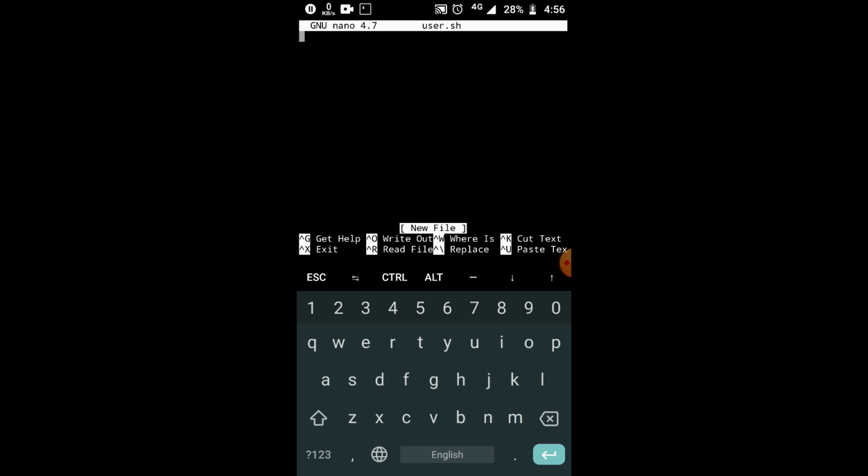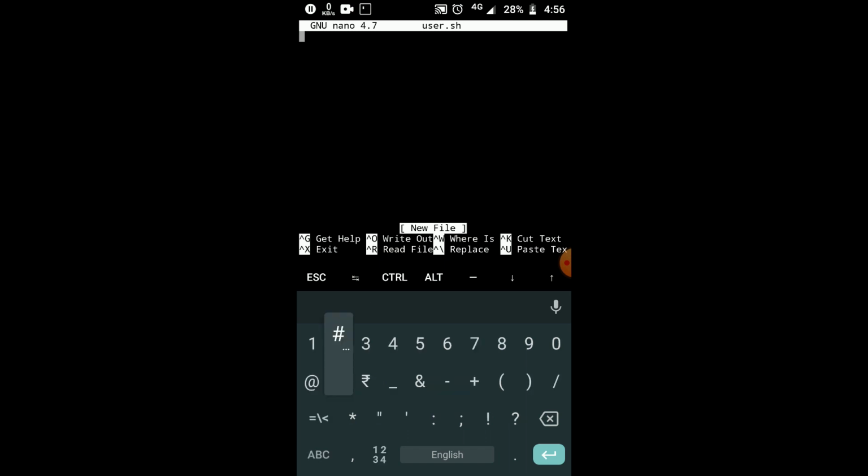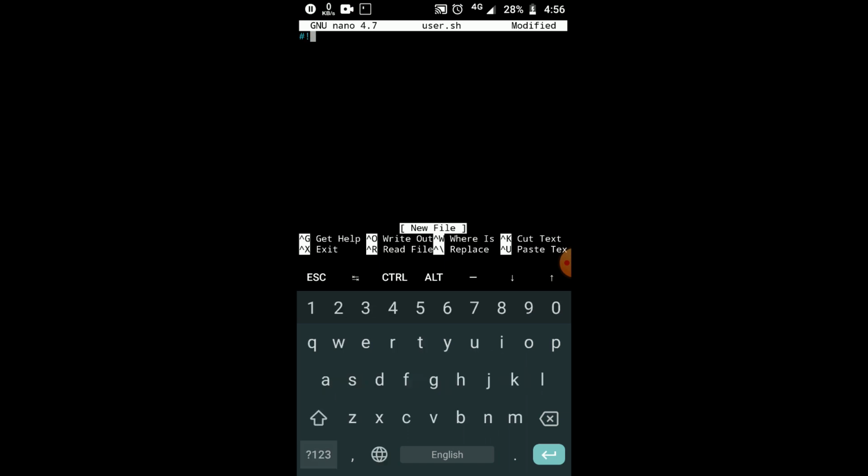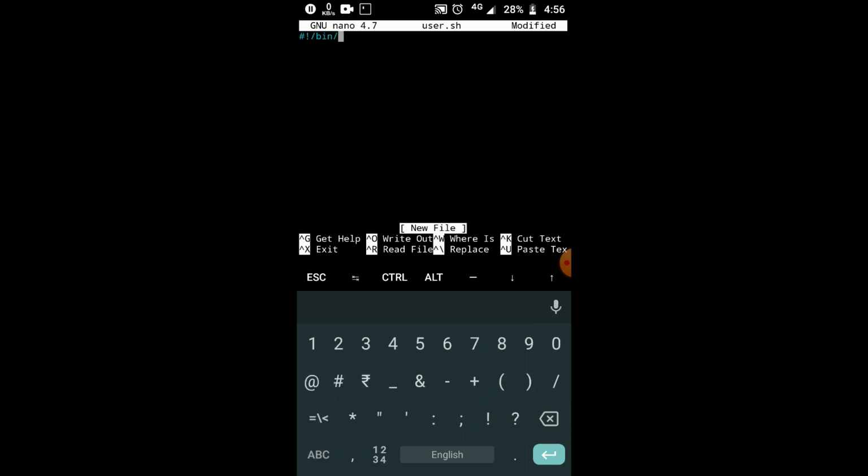File has opened in the nano. Now we have to write hash, backslash bin backslash